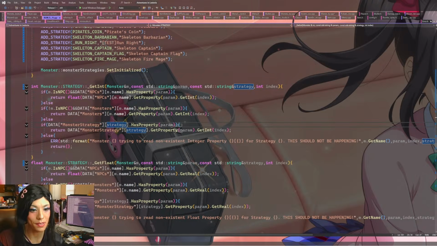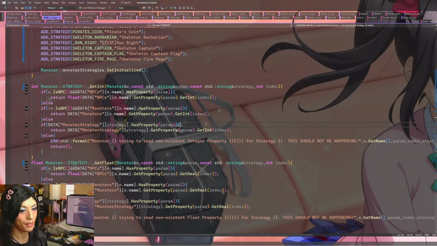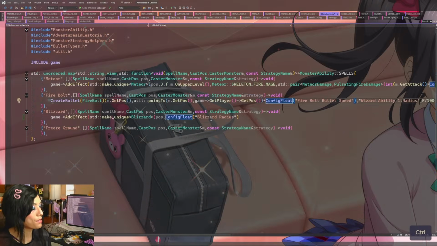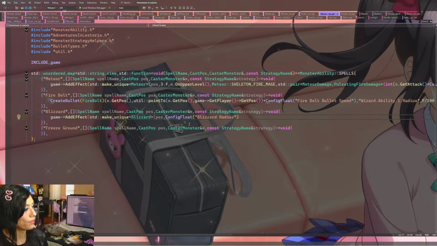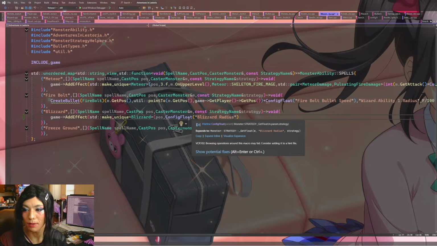So that's actually going to be our next step: we're going to get rid of the strategy parameter, because if we know what the monster is, we know what the strategy parameter is, because we can get it from the monster. What we're going to be doing next is configuring it that way. I at least would like to do that. I think there's still the hiccup of which strategy name parameter it's supposed to use, but we'll figure that out next time.